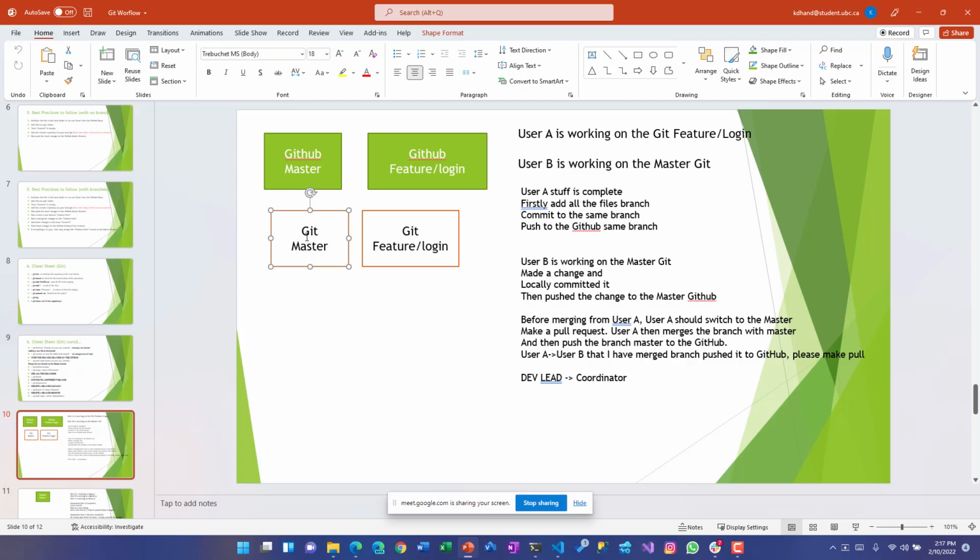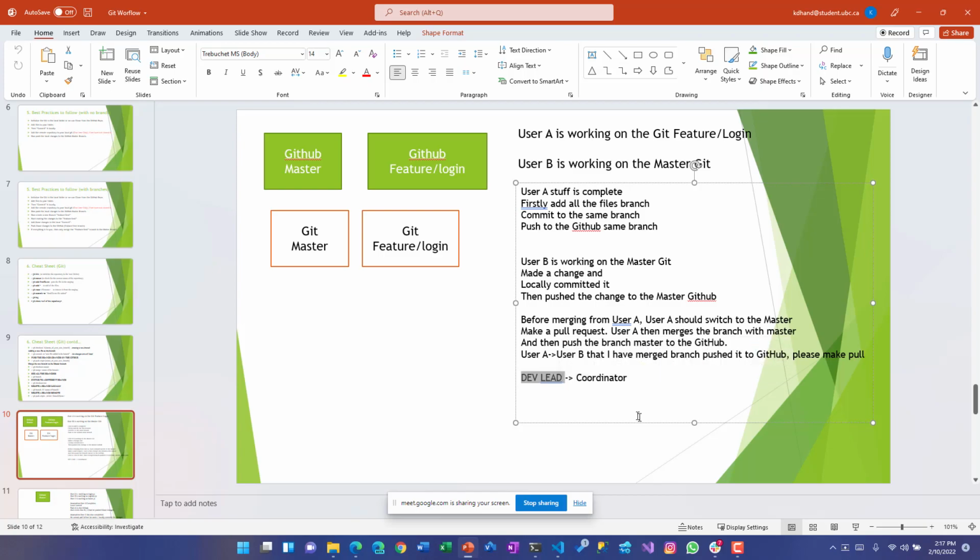And normally what happens in teamwork is you have a dev lead who acts as a coordinator within the team to make sure that everybody has pulled in, or they need to push their branches, or somebody has merged it. So when you are working within your project, let's say your midterm project, I would strongly recommend appointing or nominating one person from your team as a lead who knows which person has worked on which branch, whether he has merged it or not, whether he has synchronized it or not, and he can act as a coordinator to ask other people to make a pull or a push request or whatever, right?